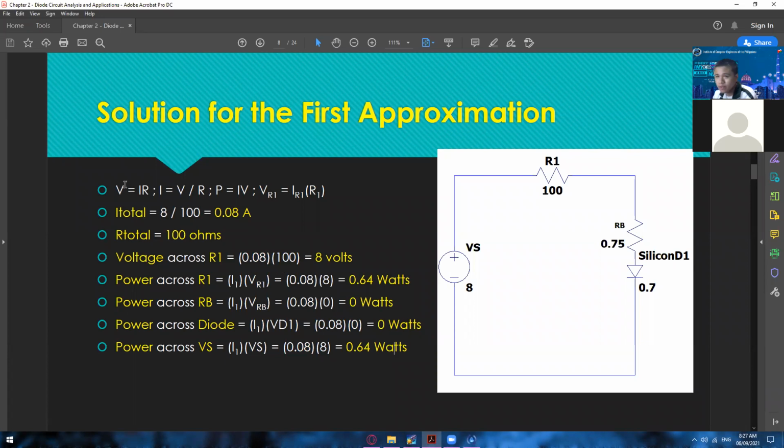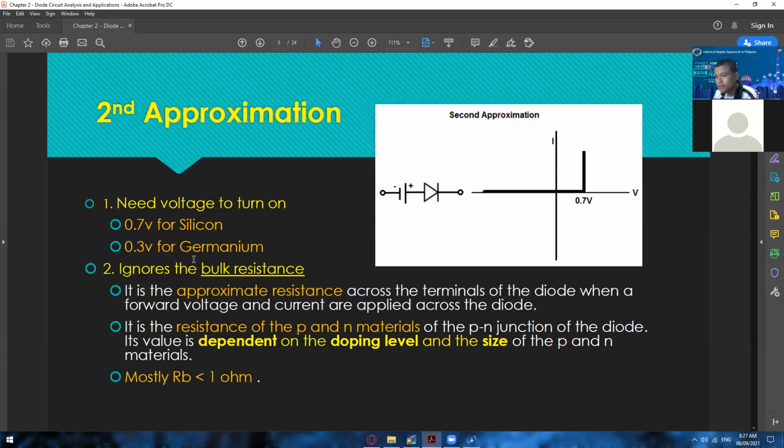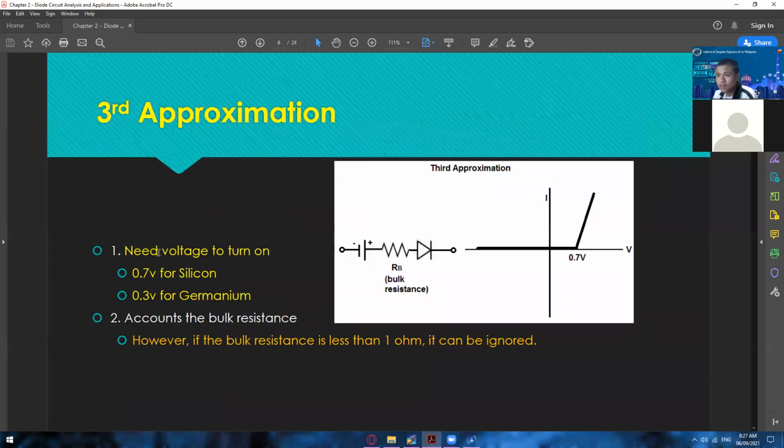Okay, so while we are here, let's recall what the things are that we need to consider in second approximation. Here, we now need to consider the voltage threshold of your diode. If it's silicon, then you have to deduct 0.7, and if it's germanium, then you have to deduct 0.3. So in other words,